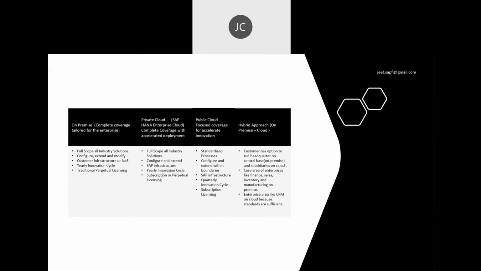So here I am trying to explain that there are, most widely, four options available for SAP S4 HANA implementation. First is on-premise, which is as our traditional ERP or R3 solution was. When I say on-premise, it means the full focus is on that particular customer's solution. Let's say one standard solution is given by SAP as an ERP application. Then the customer can fully customize it as per their need.